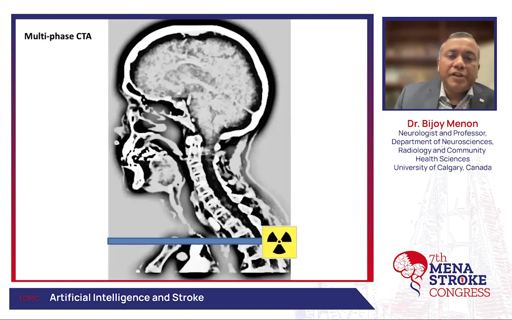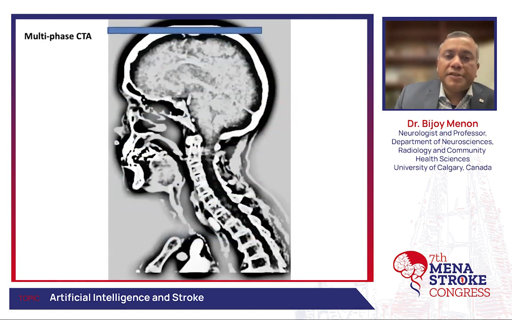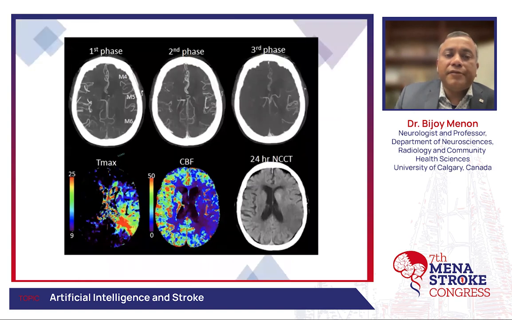You all know about multi-phase CTAs. It is an extension of single-phase CTA and allows you to measure collaterals very well. This is the first phase of a patient, second phase and third phase of a multi-phase CTA. And if I look at these regions, I can say that the M4 region, M5 region, and M6 region: M4 has no delay, M5 has one phase delay, M6 is reduced extent, which is what shows up on a CT